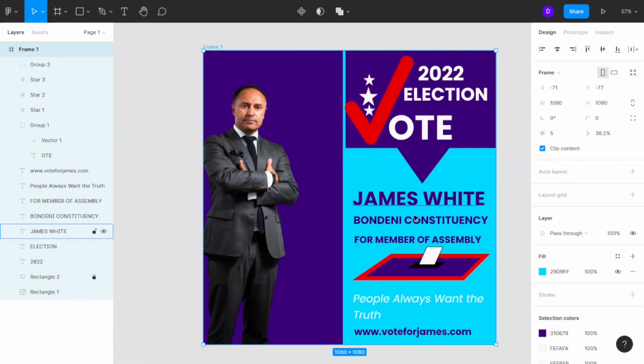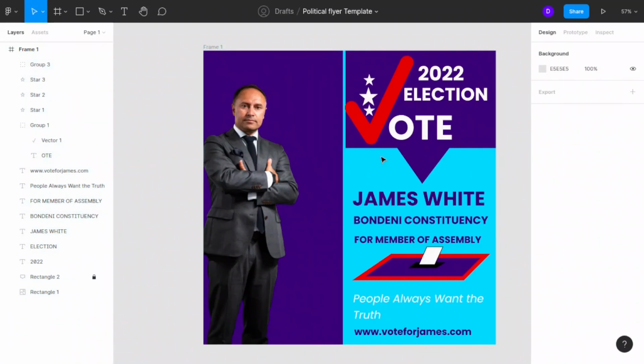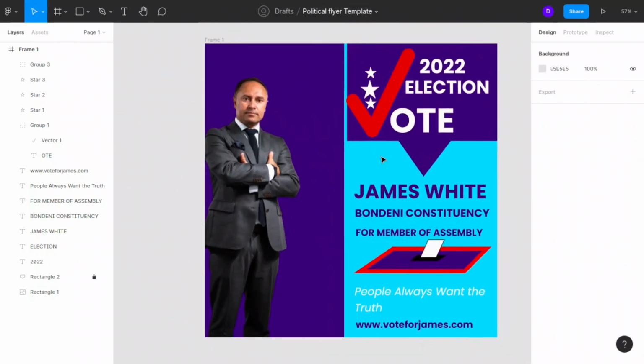So I think I will leave it there. You go do some thorough practice. I decided to think outside the box and come up with something that will be very important, especially towards elections,